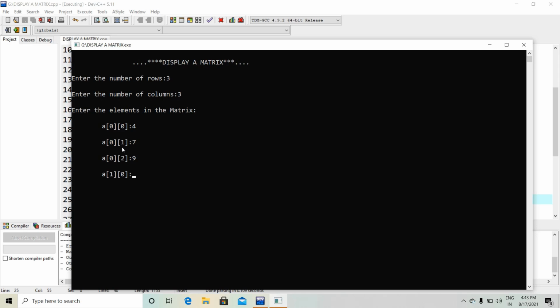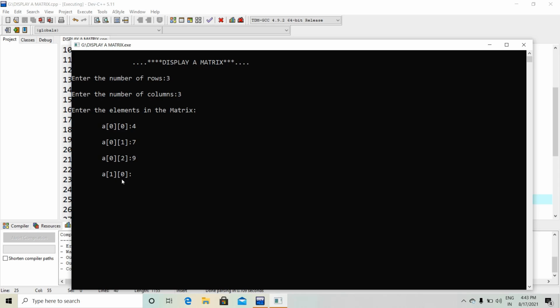Then see here a of 1 0, because when j will be 3, the loop will not execute, because our condition is that j will continue up to n minus 1. n is here 3, total number of columns n is here 3, so j will continue up to 2. So when j will be 3, the inner for loop will not execute, then i will be incremented by 1. So again here i will be 1 and j will be 0 again.